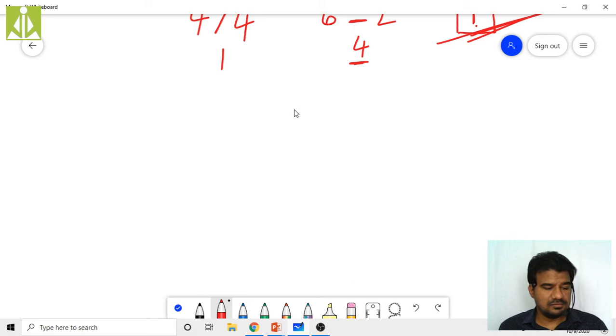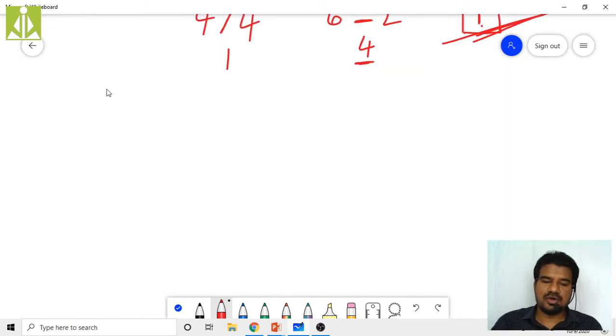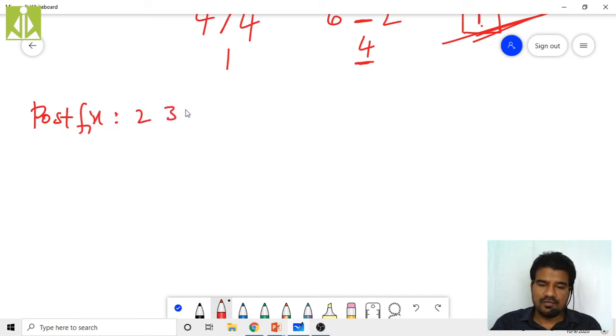Okay, one of the previous year university question papers I'm trying to take as an example over here. They have given the postfix expression, not the infix, so our job is more easy now. The postfix expression they have given is: 2, 3, 1, then multiplication, then plus, then 9, minus.